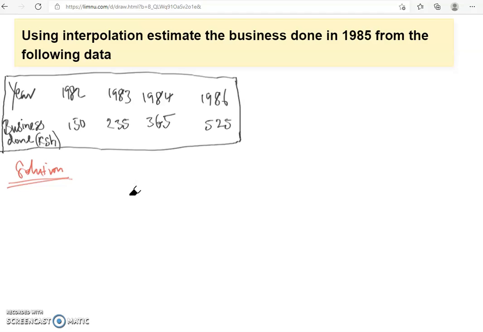Here, the first thing you need to note is that the intervals are unequal, because 1982 to 1983 is not equal to 1983 to 1984. So let us note that the intervals used in this table are simply not equal. So by Lagrange's interpolation formula, I will have